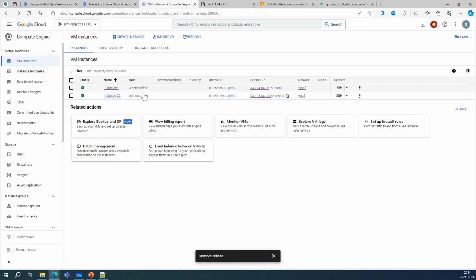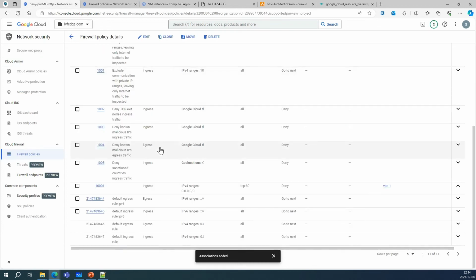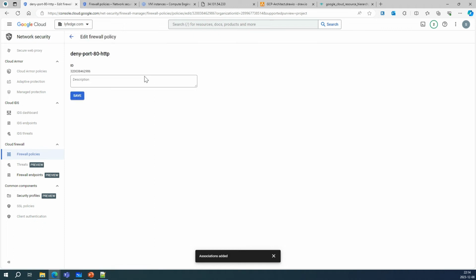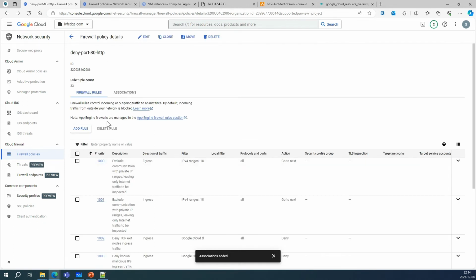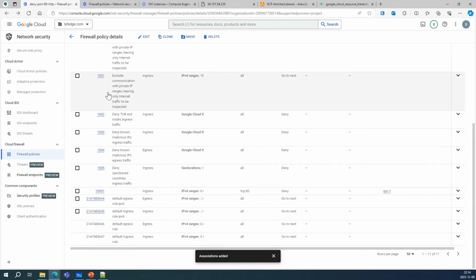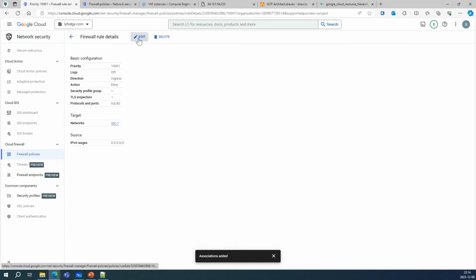See, your second one, because it is in VPC two. Now let's do one more thing. I'm going to edit it. Oh, sorry. Associations, or let's say, where is my firewall rule? This one, right? Now what I'm saying,